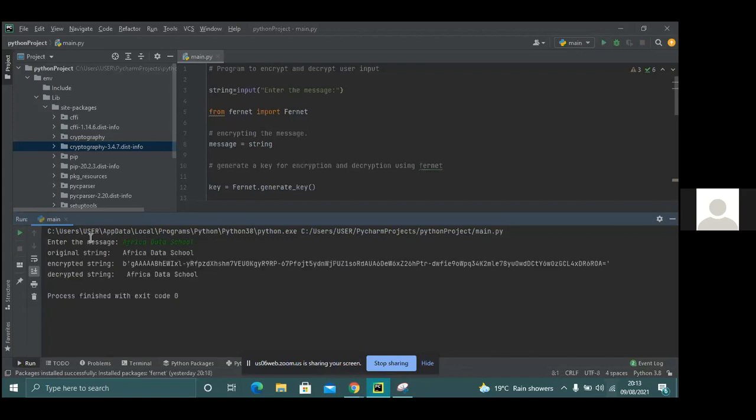Yeah, it's great because you have been able to decrypt, so we have been able to see the original string which has been encrypted. Is it using asymmetric cryptography?